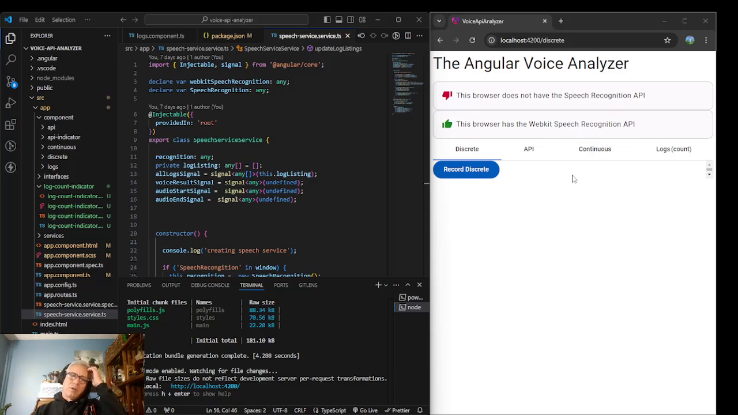Hey everybody, so we are definitely working on the Angular Voice Analyzer. I spent a good bit of time getting navigation working properly, and now navigation works great. And so now we're trying to get this count. So basically, what happens is if you record something,